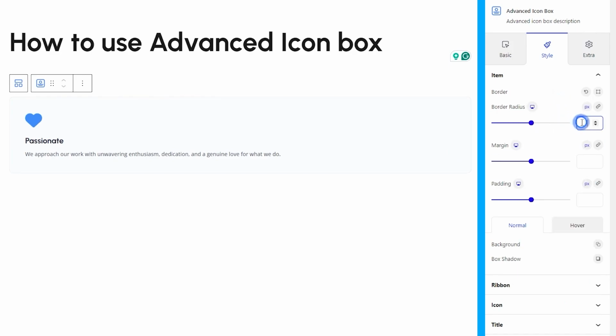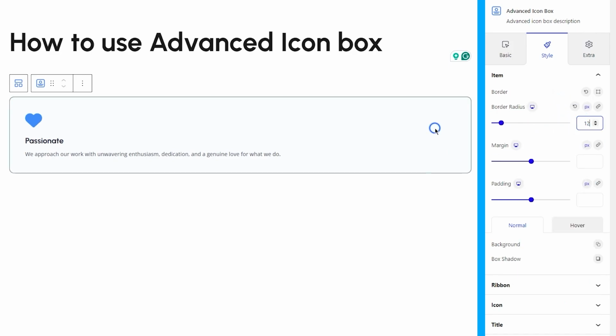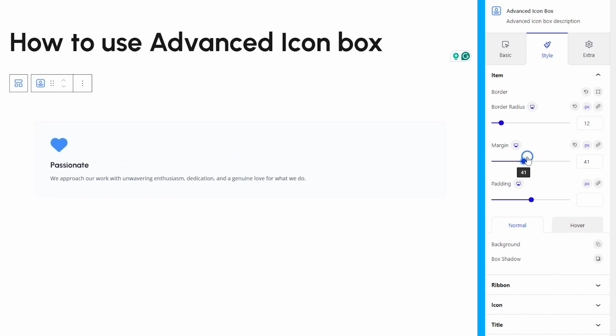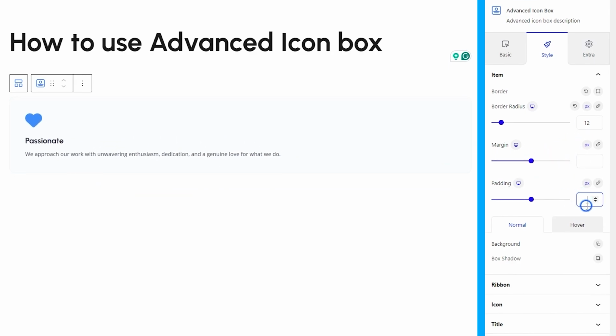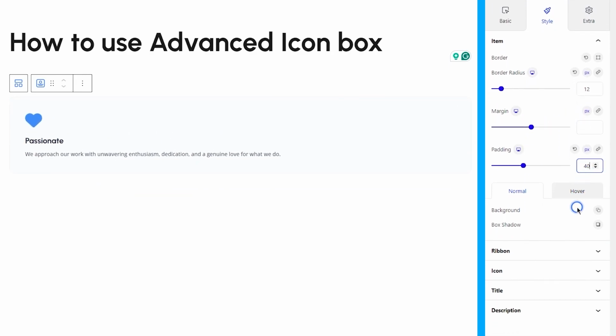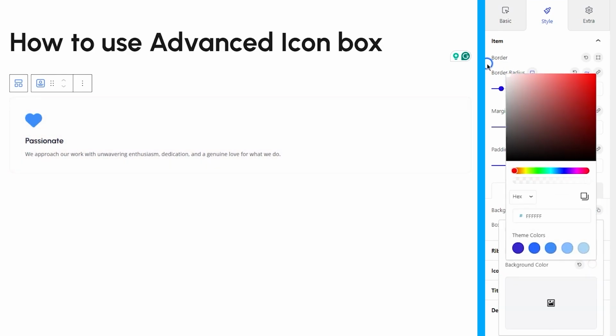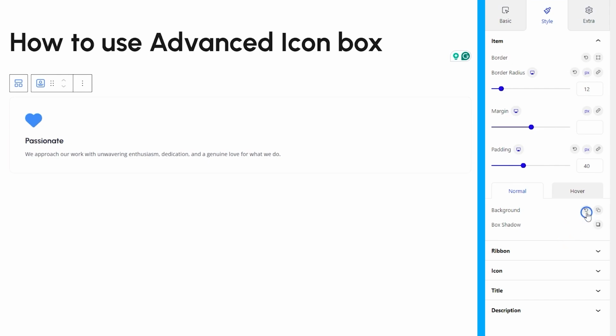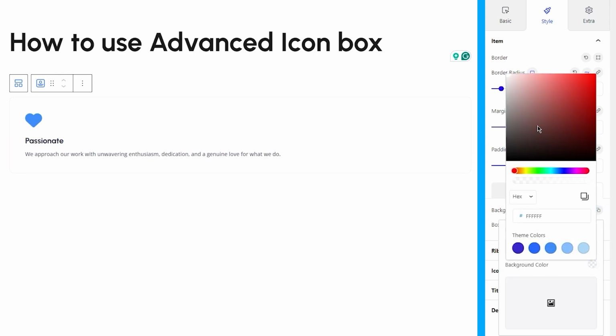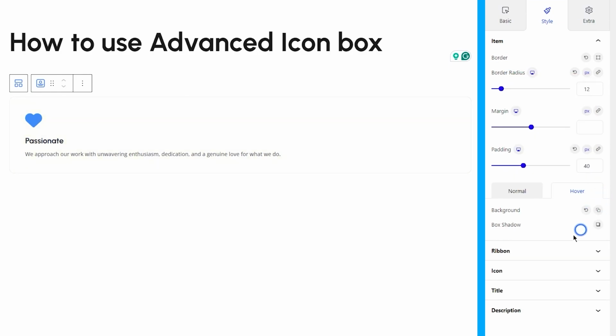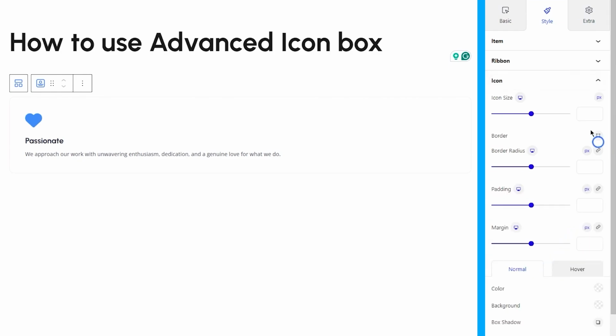After that, you can adjust the border radius, margin, and padding values for the icon box. At the bottom, let's change the background color with the option here. This part also has options for hover settings. Skipping the box shadow option under it, inside the icon section, you can customize a couple of aspects, including the